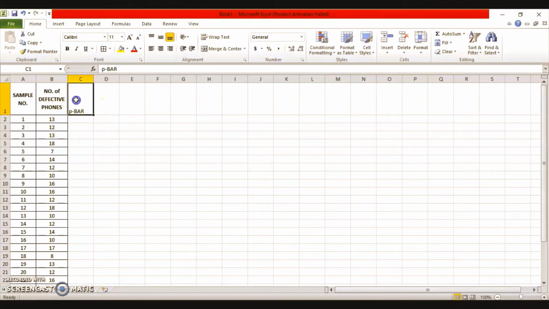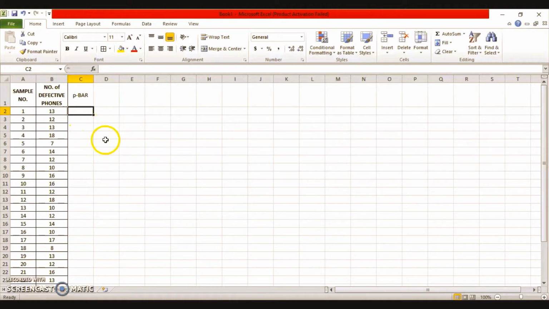To find the value of this P bar, you remember in the previous sessions we talked about how to compute the average fraction defective. This is P bar, which is basically your average fraction defective. That average fraction defective will be the total number of defectives divided by the total number of items inspected.